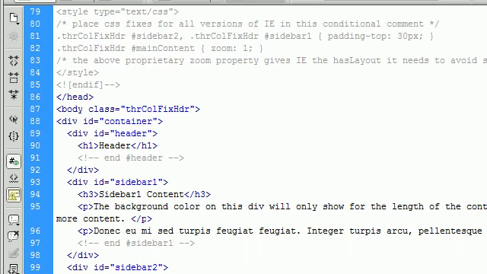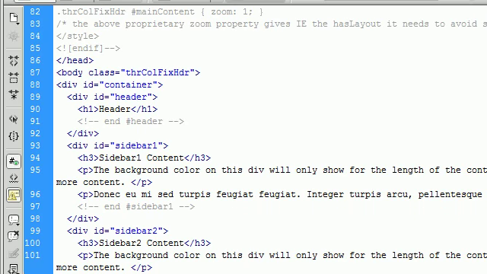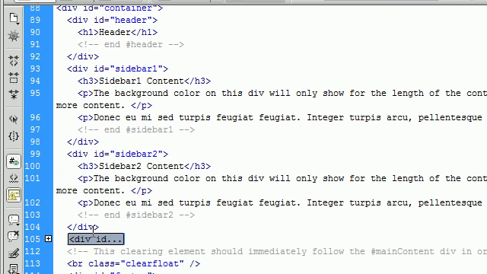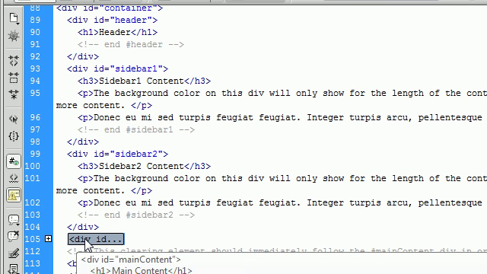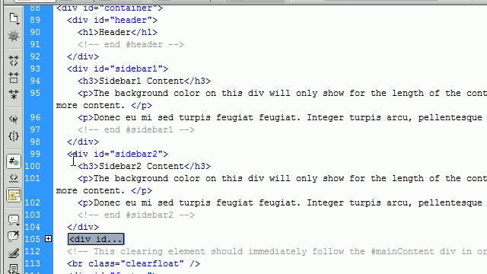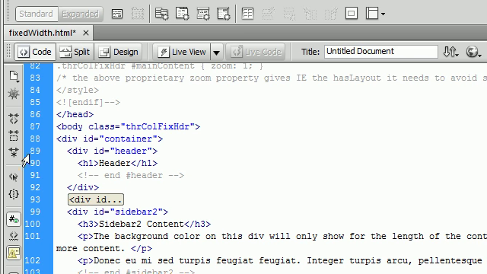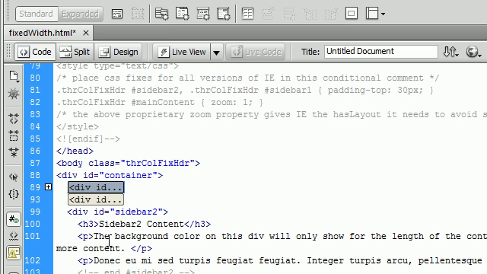That is useful whenever you have a lot of div tags or a lot of different elements in your code and you don't want to see them all at once. You can go over here and we'll click on the main content div and we'll say collapse full tag, and as you can see, it completely collapsed that whole div tag. So if you just want to look at one div tag, you can get rid of all these other ones here by using the collapse full tag, and that allows you to focus in your code on